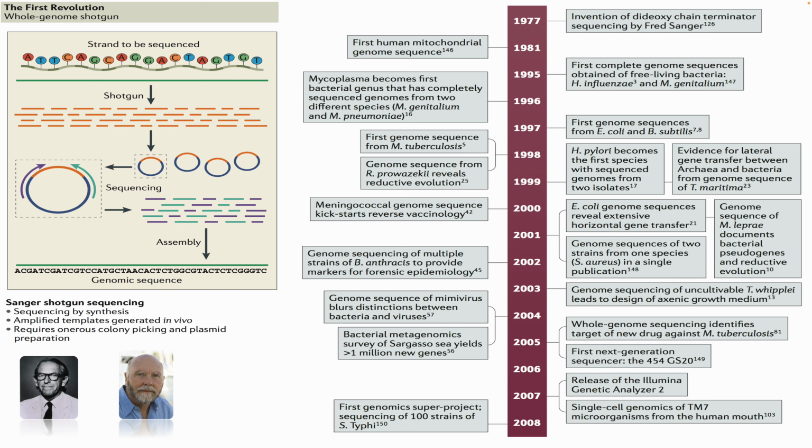And here you can see the various timelines. As I say, Fred Sanger invented what's known as Sanger sequencing, or dideoxy chain termination sequencing, in 1977. It was 1995 that we got the first complete genome sequences of free living organisms, Haemophilus influenzae and Mycoplasma genitalium. And as I say, I'm not going to go through all of those, but you can see we get more